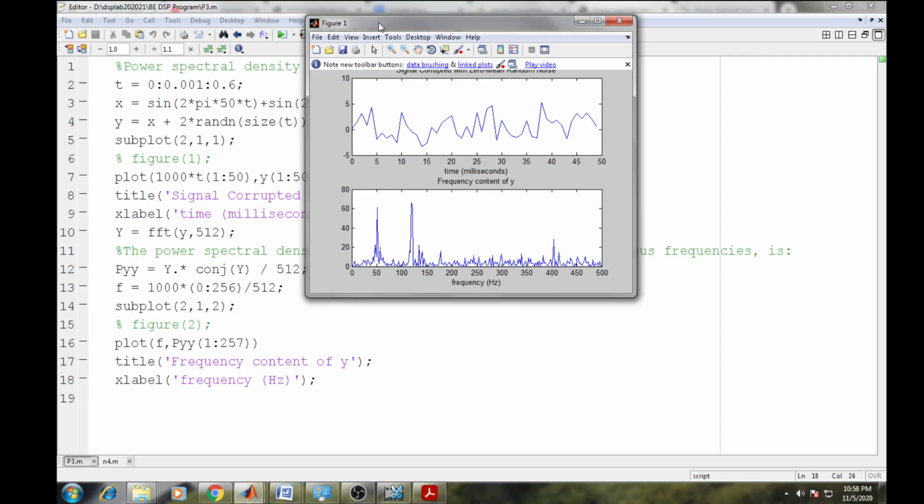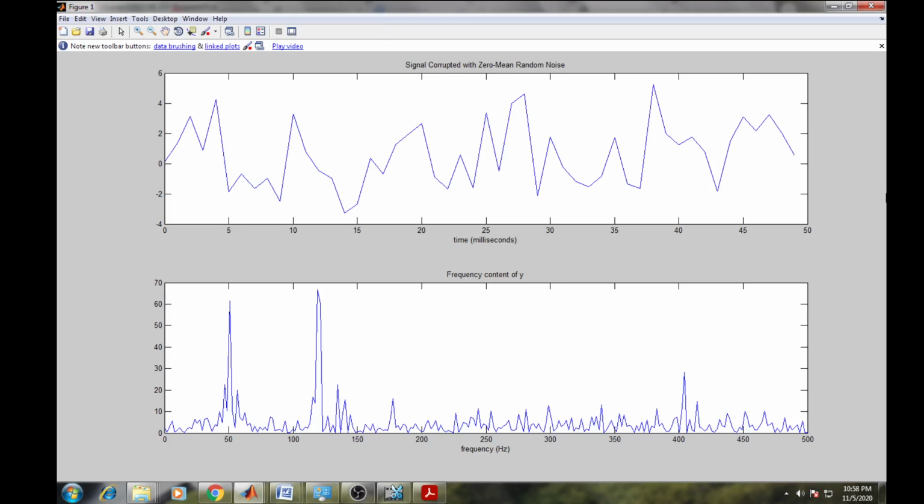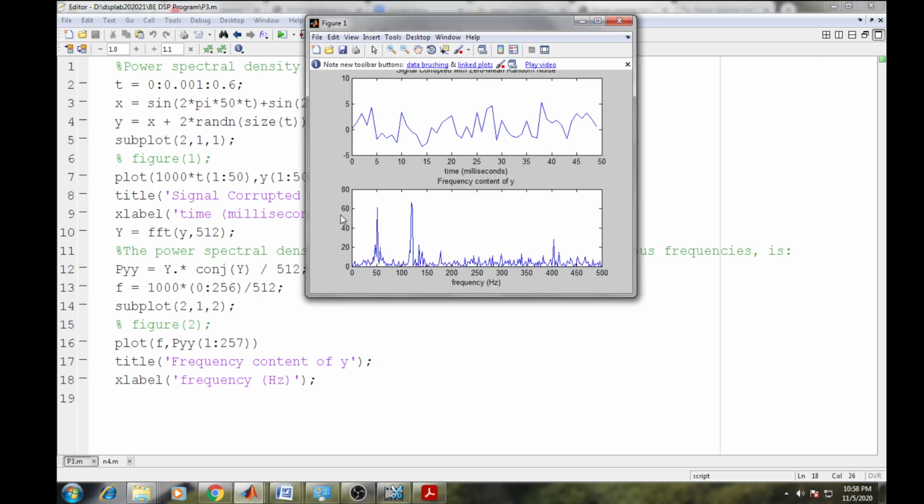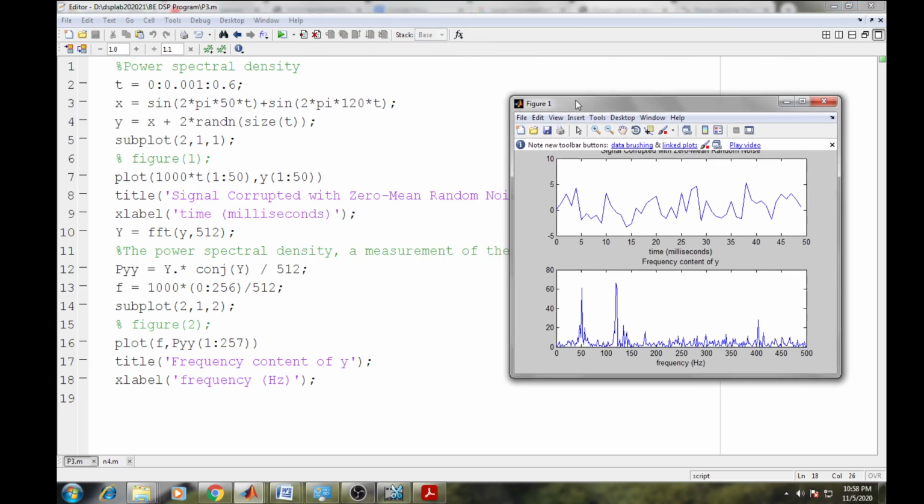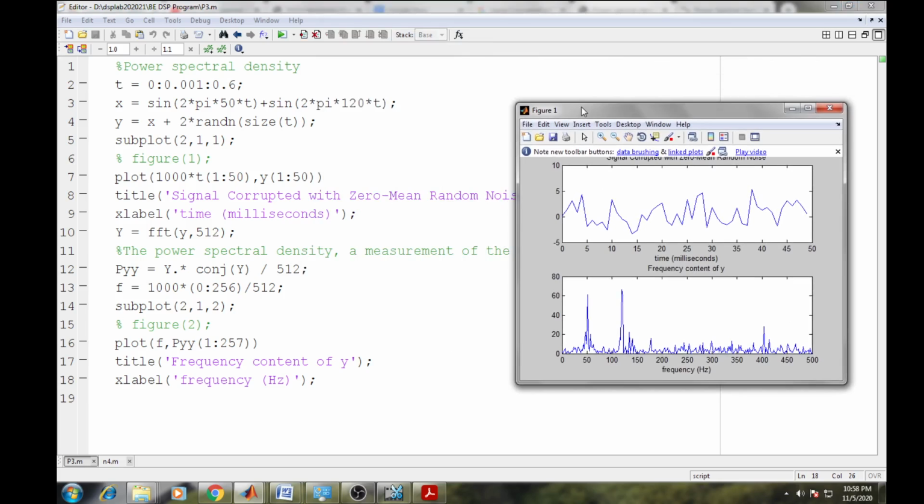You will see the signal corrupted with zero mean random noise as well as the frequency content of y, showing the maximum and minimum frequency signal. In this fashion you can run the power spectral density program. I hope these things will clear your idea about the power spectral density.